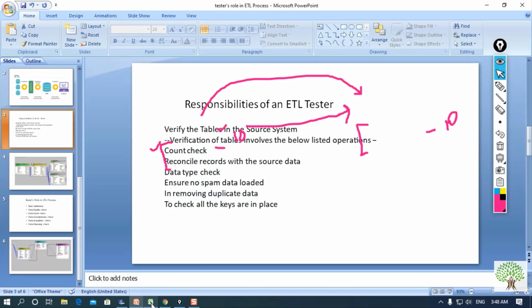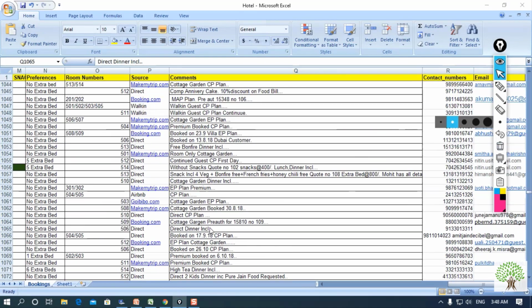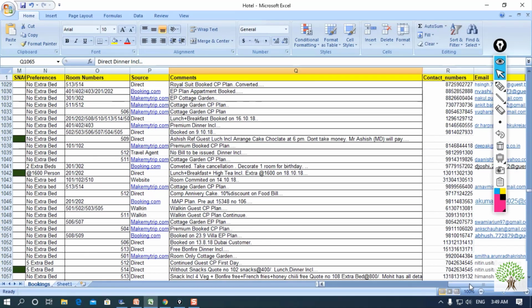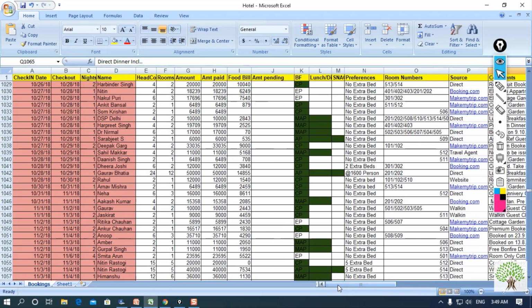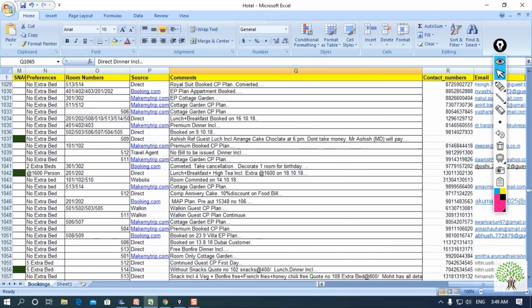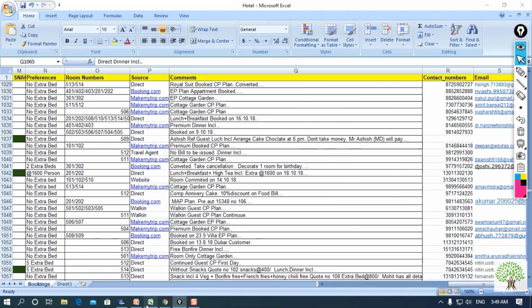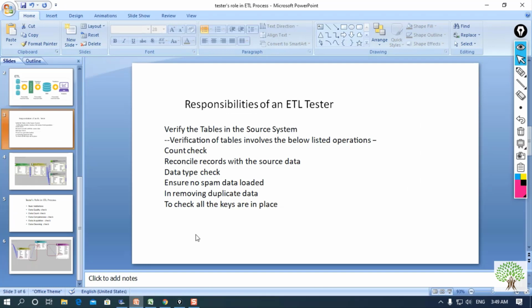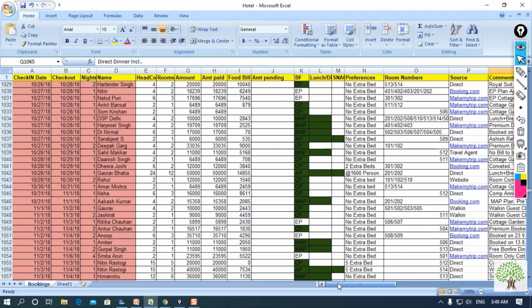For this I have taken the reference of a sample file. Here I'm taking a file named hotel. This is the data of a hotel, or we can take it as a result. So here, the next validation is that no spam data must be loaded. As you can see, we are getting so many columns and so many null values.